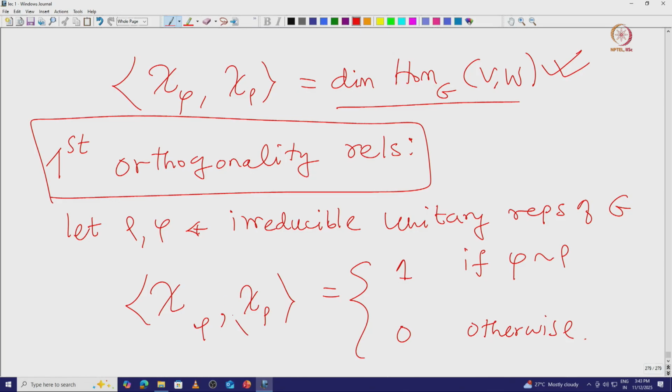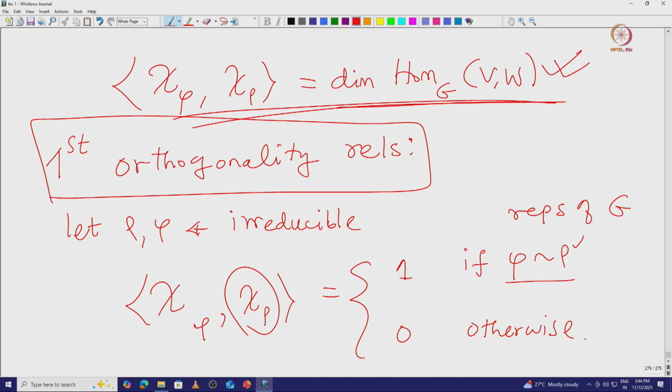And then these irreducible characters are unique up to equivalence. So, when phi and rho are equivalent, we can pick rho to be a unitary representation that is equivalent to phi. Then we can compute this. I guess we do not need unitary here, we can just take irreducible representations of G. So, when phi is equivalent to rho, you just pick rho to be unitary, then we have this